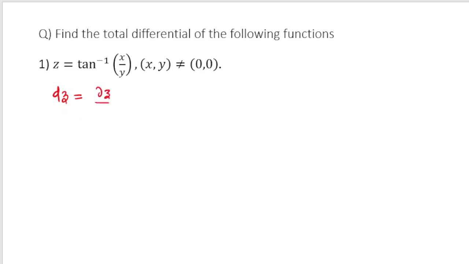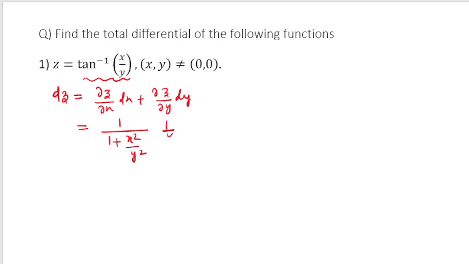It is defined as del z by del x dx plus del z by del y dy. So it means that I have to differentiate this function with respect to x. So the derivative of this will be 1 by 1 plus x square plus y square, and then again we have to differentiate x by y with respect to x. So I will get 1 by y, and we have dx,